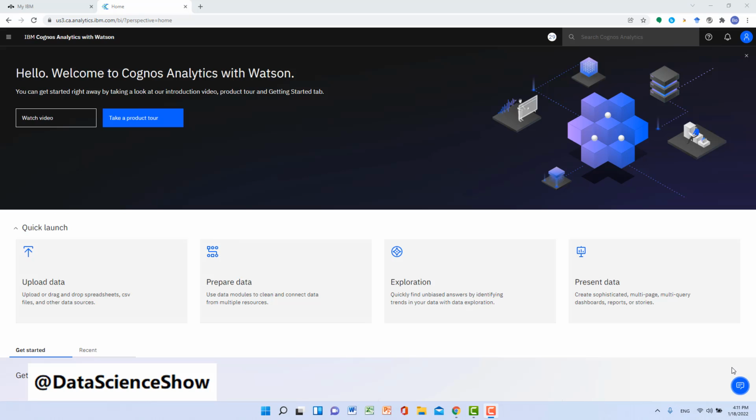But other advanced systems such as Amazon AWS and Microsoft Azure, maybe they have more advanced features. But those systems ask you to provide credit card information so that you can use the free trial version. I don't think everyone has credit card information in this class, right? That's why I choose IBM Cognos.